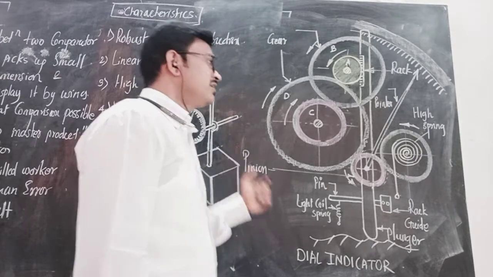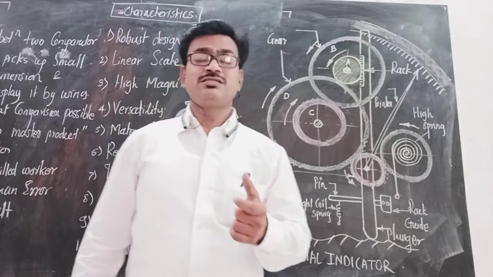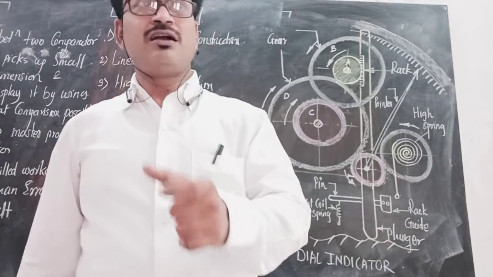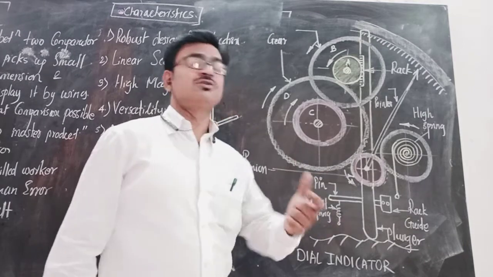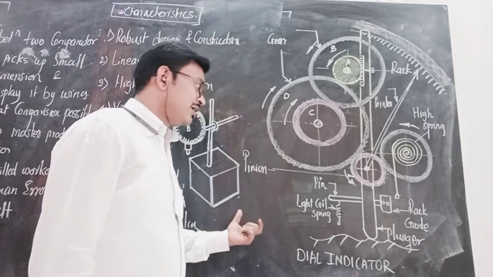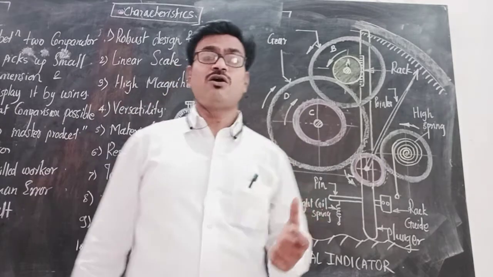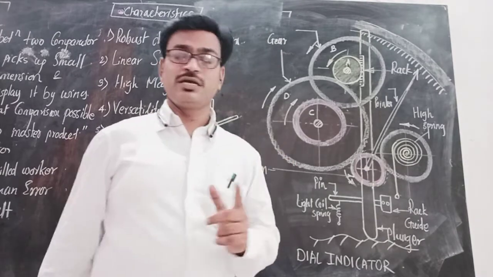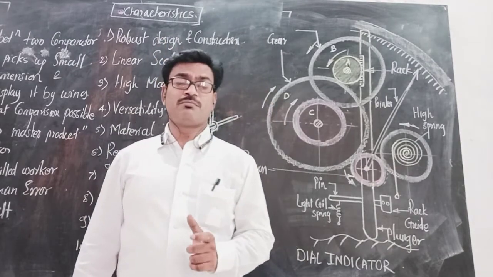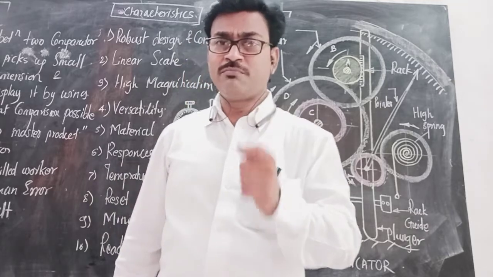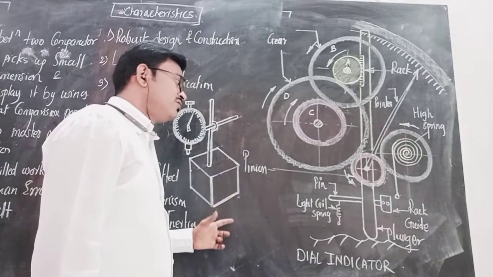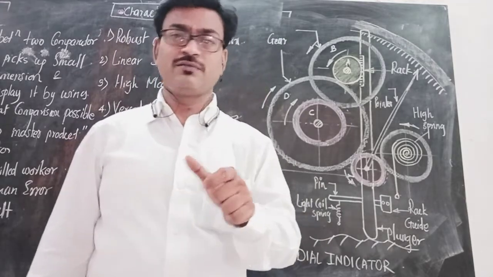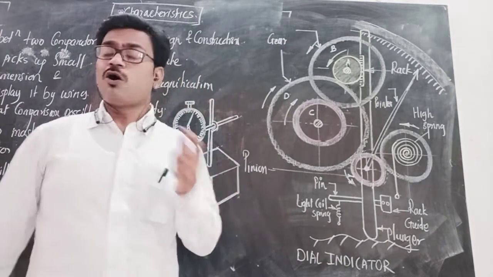The next one is the electrical comparator, where the device is made up of different types of Wheatstone meter bridge and null deflections. That comparator is called the electrical comparator. A pneumatic comparator works on air, with air as the working fluid, so it is called a pneumatic comparator. What do you mean by an optical comparator? If the device's working principle is totally based on reflection and refraction, then that comparator is called an optical comparator.